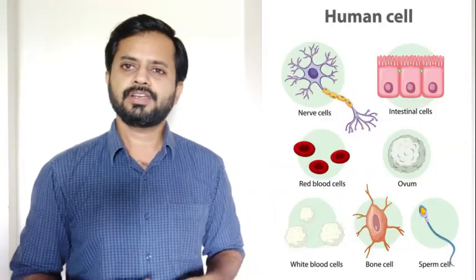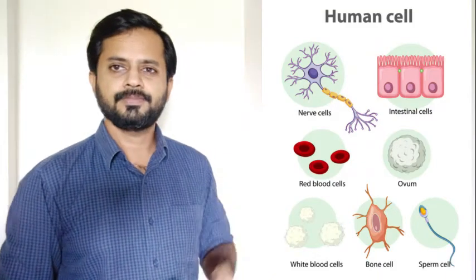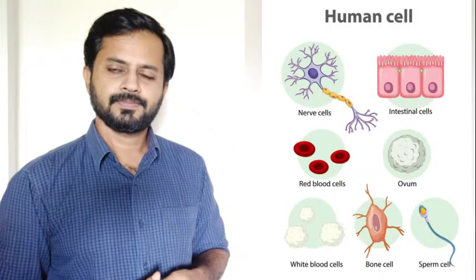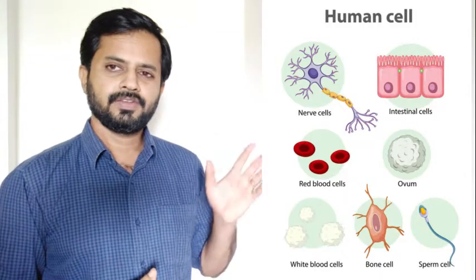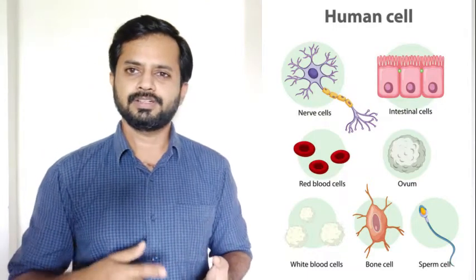Our human body has different types of cells. You can see a list here. We will discuss this list in detail. There are different types of cells mentioned in this: epithelial cell, cardiac cell, nervous cell, sperm, ovum. Different types of cells are there. So as I said, our body is made up of small units which are known as cells.